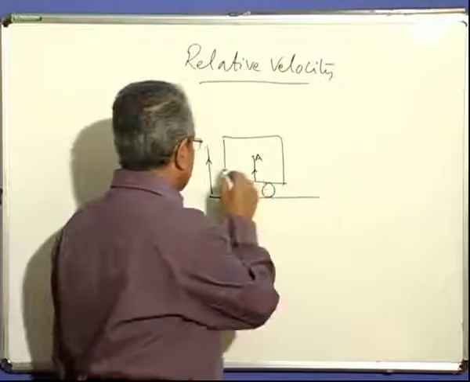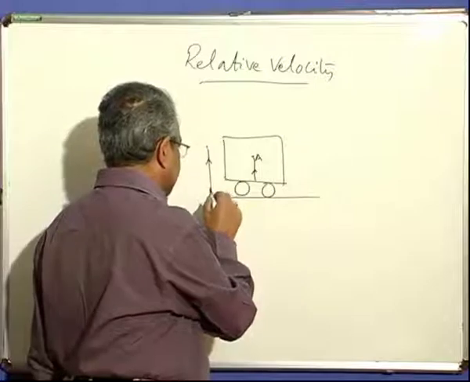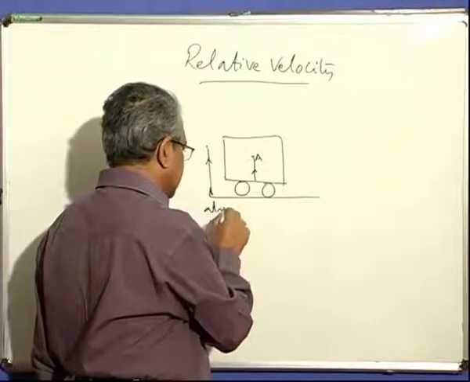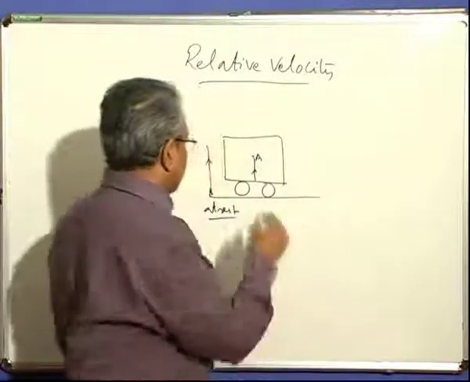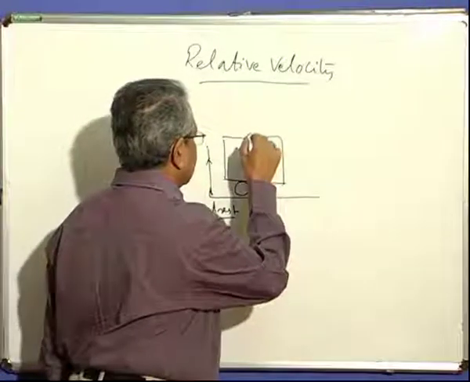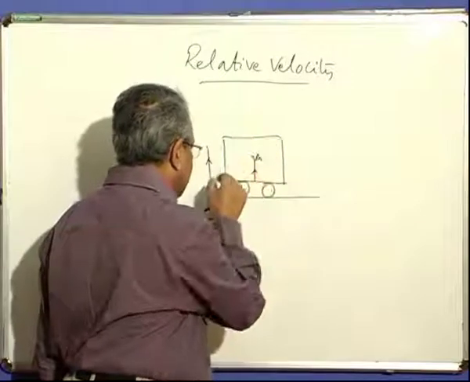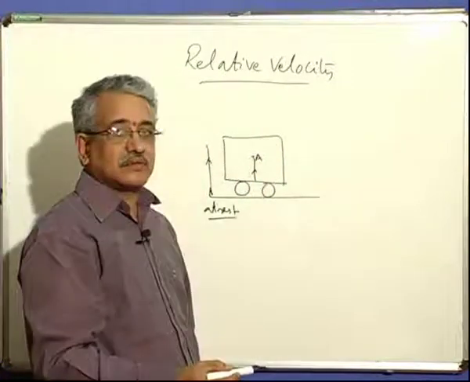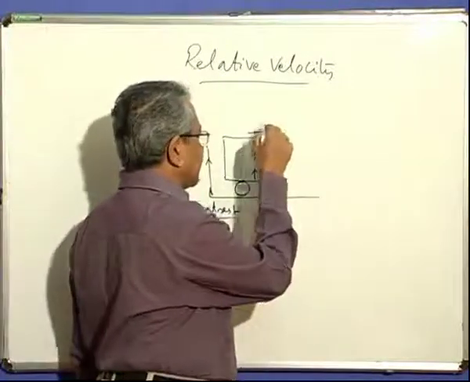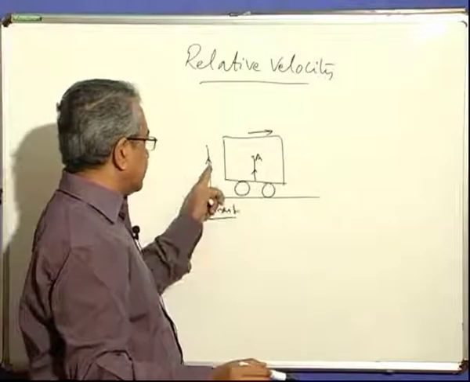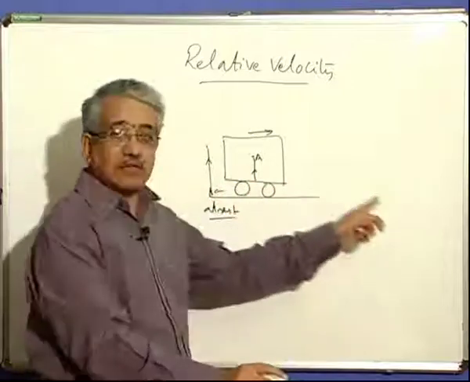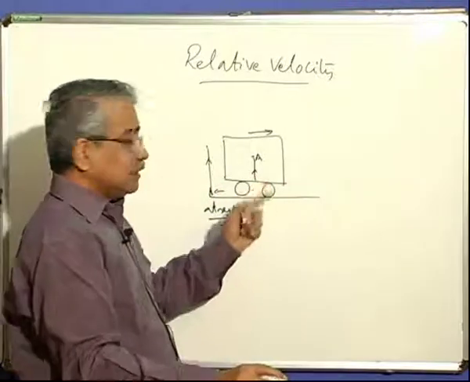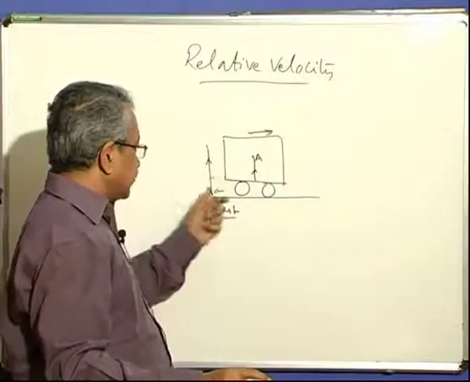You will see the tree is actually at rest, it is not moving. You know, it cannot move by itself. But if the vehicle is also at rest, then only he will see the tree as at rest. Suppose he is moving forward, he will see as if the tree is moving backwards. Actually he is moving forward. He will see the tree as if it is moving backward.